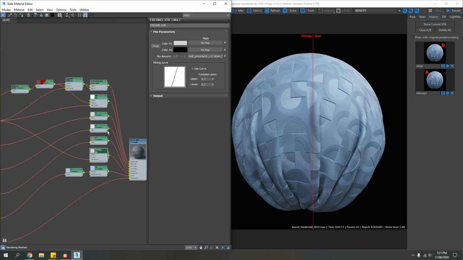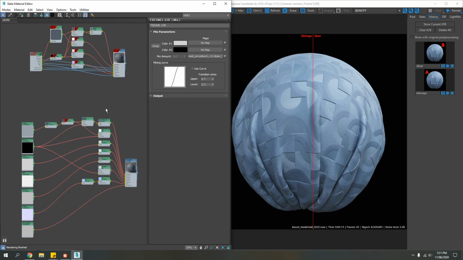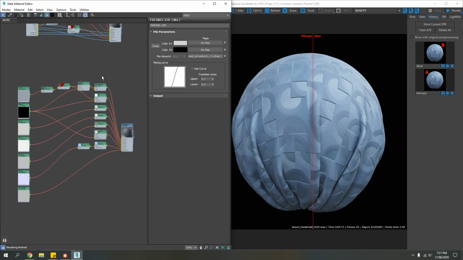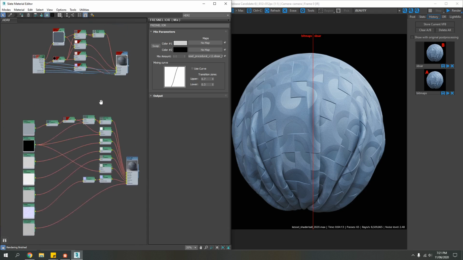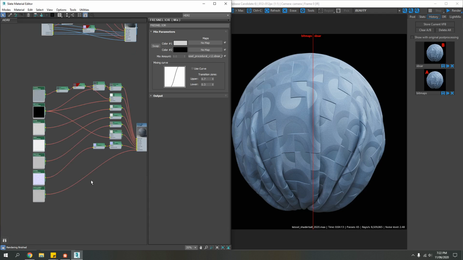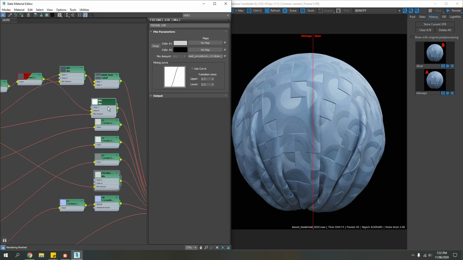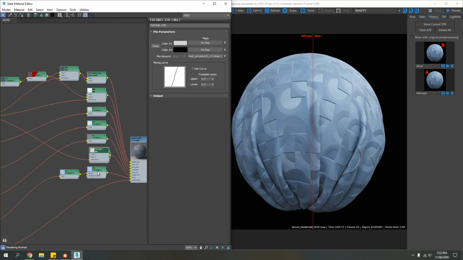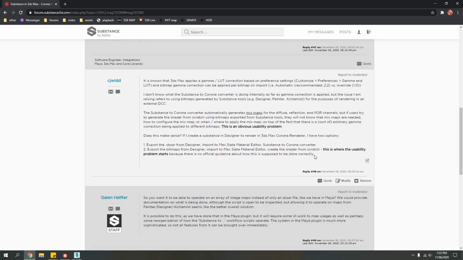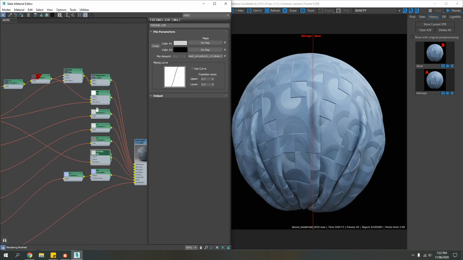So there are two additional components here that I think are probably not obvious to the typical user. One, if you generate the bitmaps using this SBAR bake outputs feature, those bitmaps may need additional gamma correction. Two, if you generate bitmaps using the SBAR bake outputs feature and use those bitmaps to generate a shader manually, you will need these mix maps also in order to do that. So I think the reason I was trying to call it to your attention is that I haven't seen any official documentation from Allegorithmic that shows that this additional